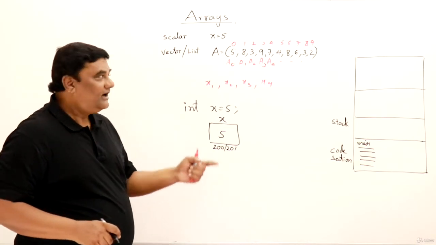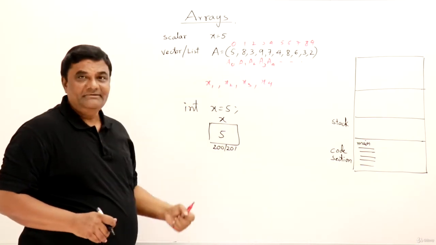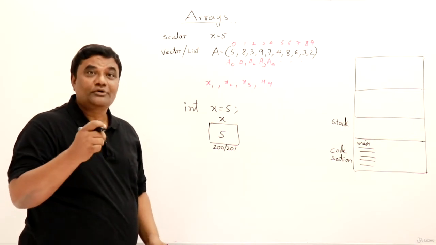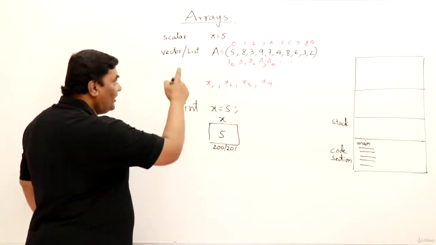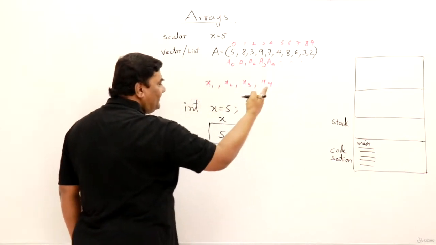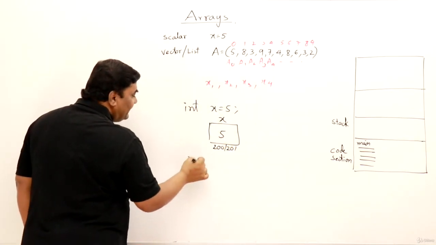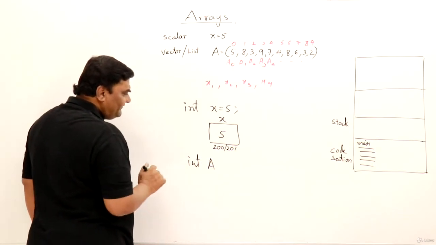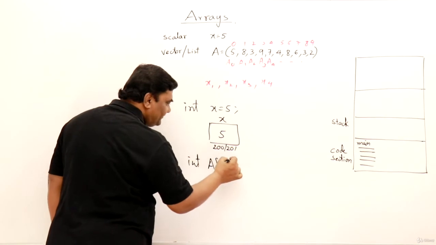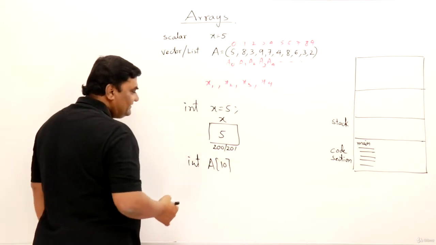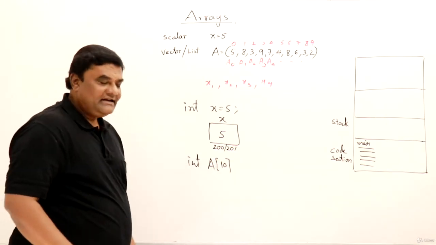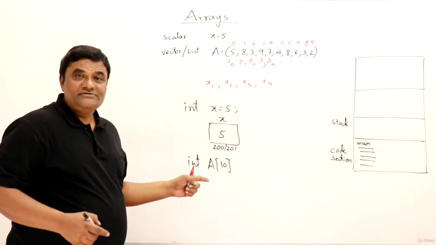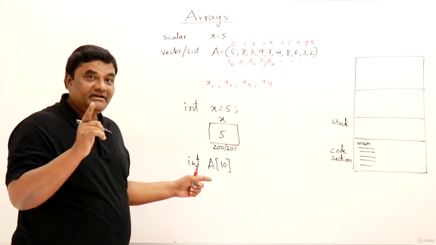Now next, how to have a list of elements? Yes, that concept is arrays. Arrays in programming, or in C++. So how to declare that? How can I store so many values in a single variable? See this. I will say integer A. Okay, name is A. Then I can store only one value. No, I can mention the size also. A of size 10. These are square brackets, right? A of size 10. Now you can store 10 values with the same name A.